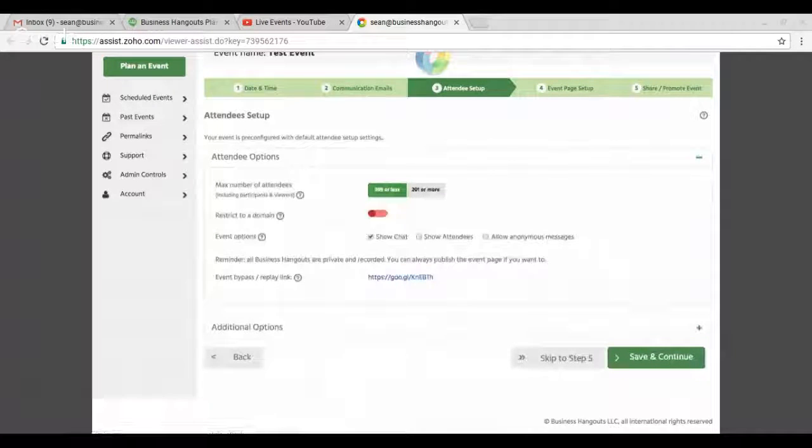Here are some features that most of you won't need to worry about, but I do want to highlight a couple of them. One is allow anonymous messages. This is a cool feature if somebody wants to post anonymously. And when they post anonymous,